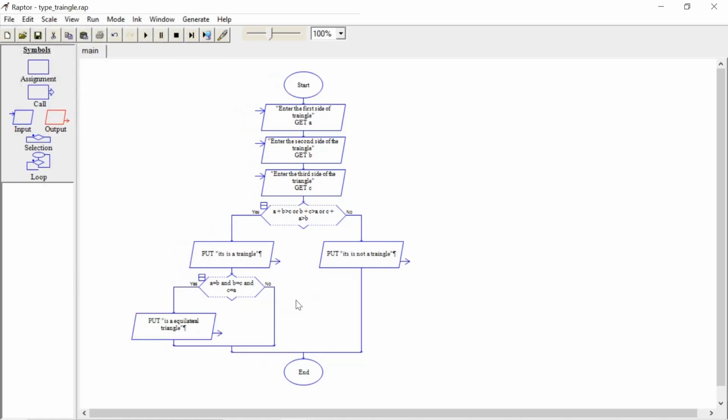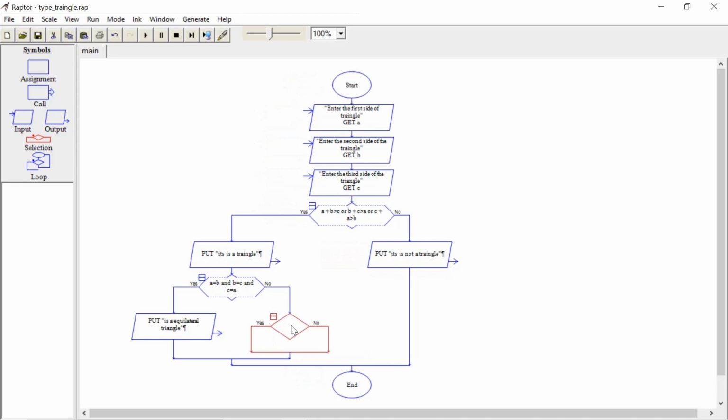If not, it must not be three sides equal. But if two sides are equal in any triangle, then it's an isosceles triangle. If not, it is a scalene triangle. Again we need to drag the selection box, just drag and drop here.